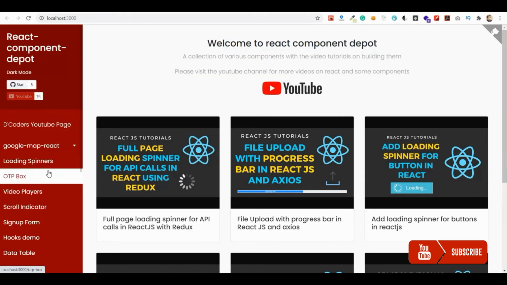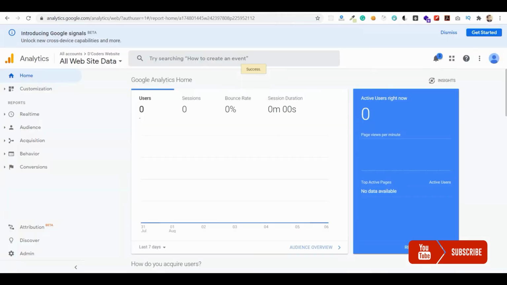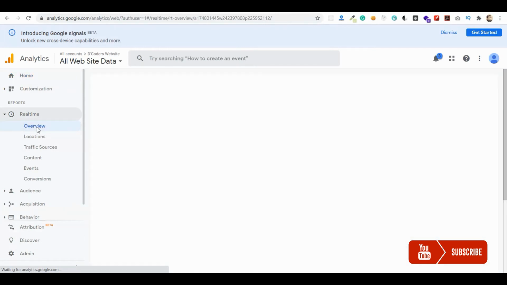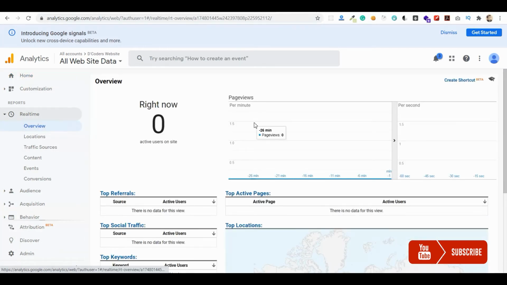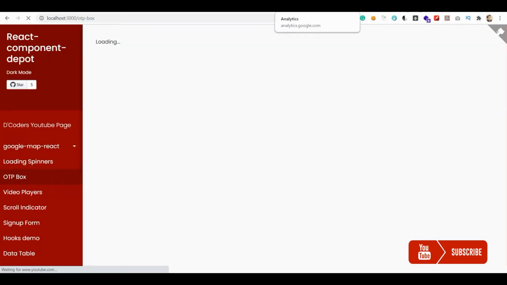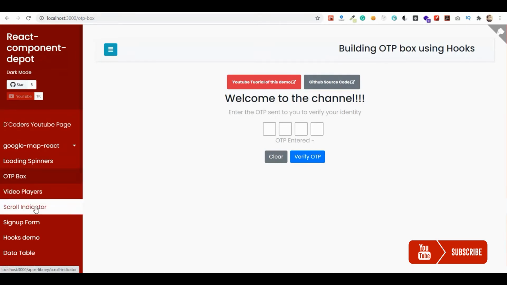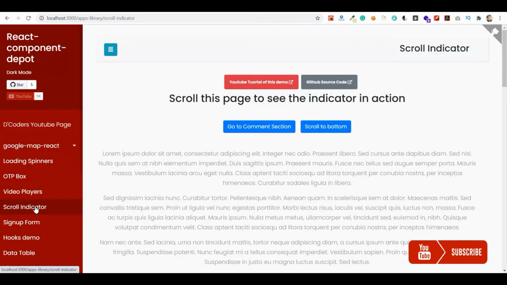Let's go to my localhost. I think it should be initialized by now. Let's go to my dashboard and check the real-time users. If you go to the overview tab, you will be able to see the last minute view, like the page views and the current second page views. If I refresh the page, you will see the page view has been tracked from my localhost. The current link, the browser link, will also be shown.